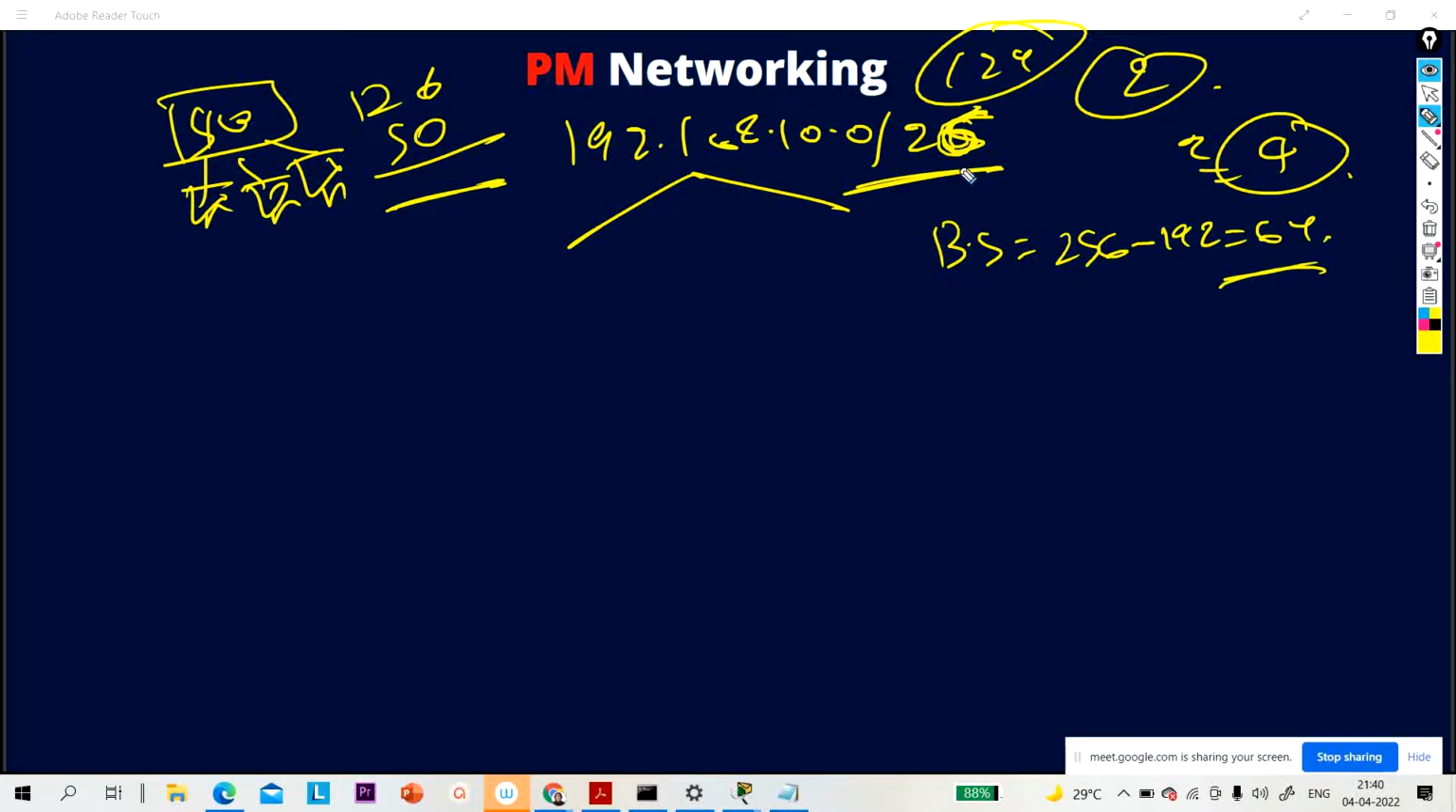So actually, when you borrow 2 bits from the neighbor, the rest 6 bits are off. So this is 128 and this is 64. So you will get 192. Block size will be 64. So first network will be